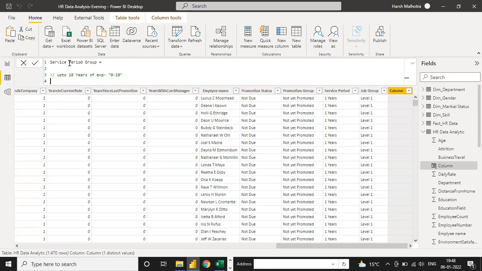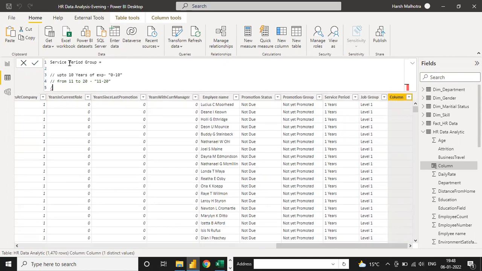The second condition is from 11 to 20 years, so you can fall under this 11 to 20. The third one is from 21 to 30, falling under 21 to 30 years of experience.